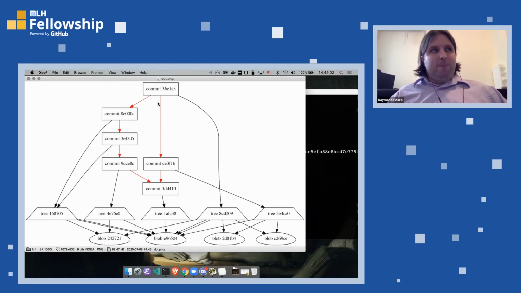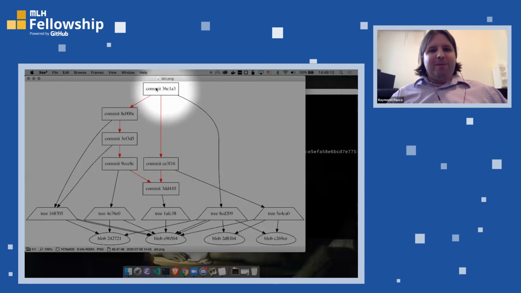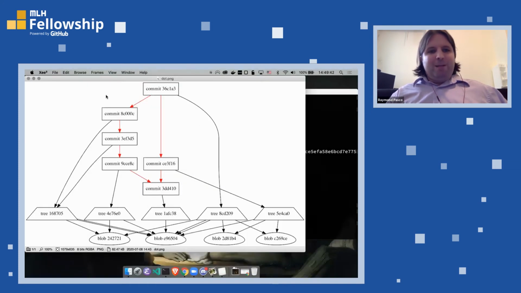But the tricky part is that sometimes it isn't. The tricky part is that 3061A3 sometimes means this box here, the contents of the tree object 8CD209. But sometimes commit 3061 means the red arrow. And actually this one has 2 red arrows, so there are different things it can mean, but let's look at 8COOC. Sometimes it means this, sometimes it means this red arrow. Remember, this was an empty commit, so the arrow actually does nothing. What I mean by that